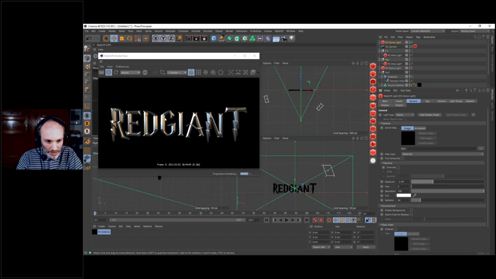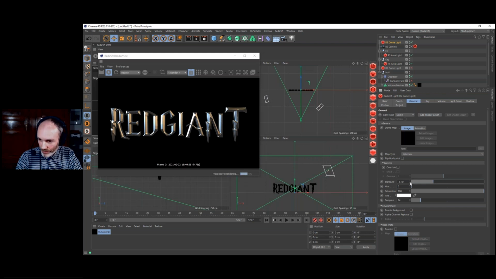So now we have here our object, which is being lit from the side, from behind, and so on. Okay, but that's not very interesting because it's a very flat lighting. So what we could use instead is another HDRI.